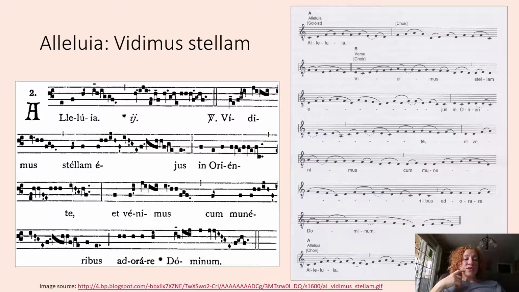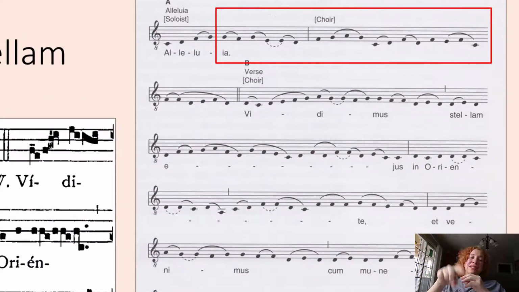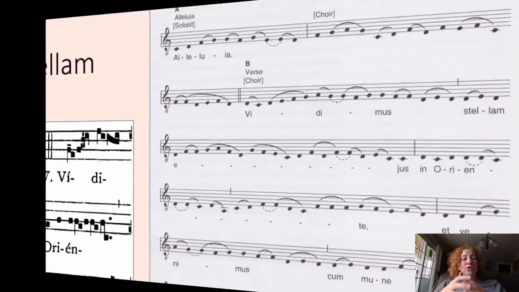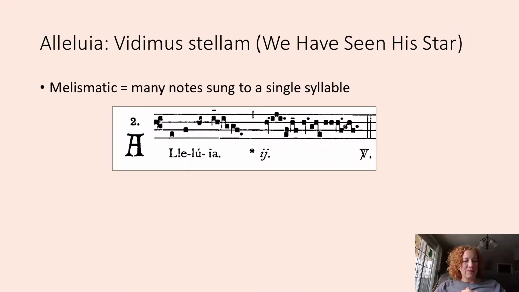So you may have noticed how the performer could sing one syllable on many different pitches. Like, wow, they just keep going. Well, that's called melismatic singing. And if you think about being extra joyful and you're just like, I'm singing words to the Lord and I can't contain my joy, and so I have to sing a lot of notes. That's basically what melismatic singing should be. It should come from a place of joy.